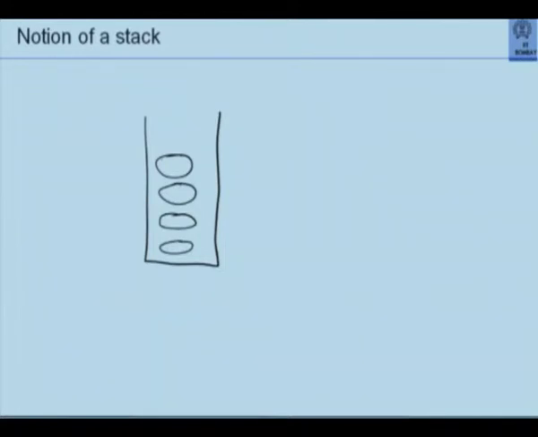And we know that we can take out the top element or we can push an element on the top. So there are basically two possible operations on this. One is called a push, where you provide some element. And it is that element which will be pushed on top of the stack.